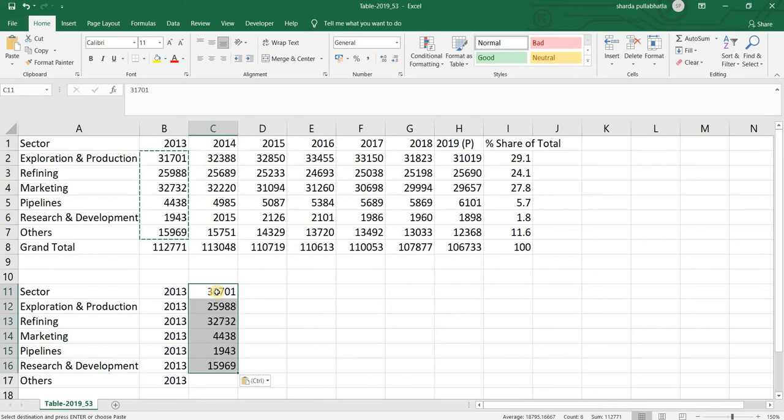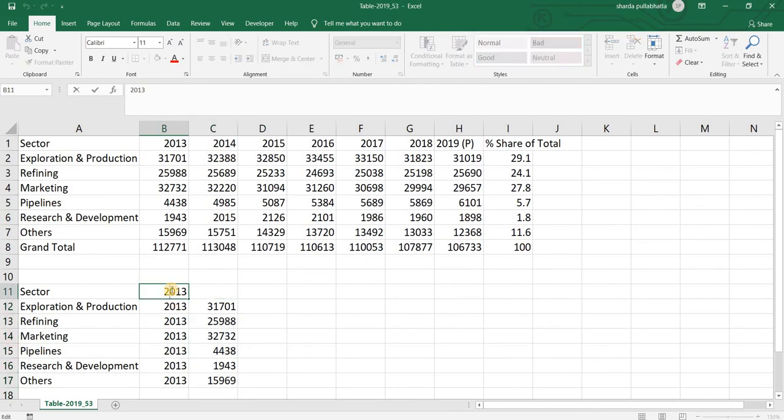Fine. So it should have been in this way. So this is what is long format, and this is what is wide format. I would like to convert this data from a wide format to a long format. So probably when I convert this, I would like to have various labels for my columns. Like let us say, I can label this column as year and this column as value. This way I want this entire table to be converted.